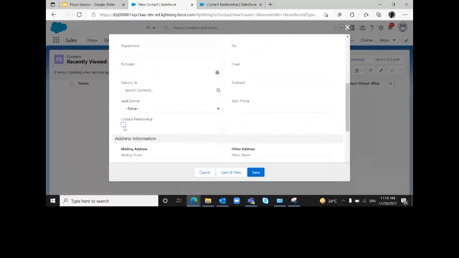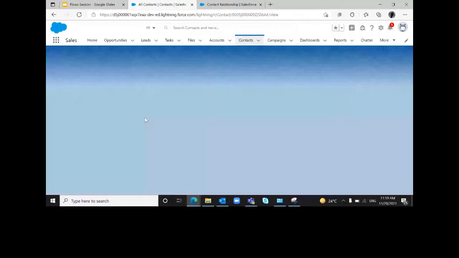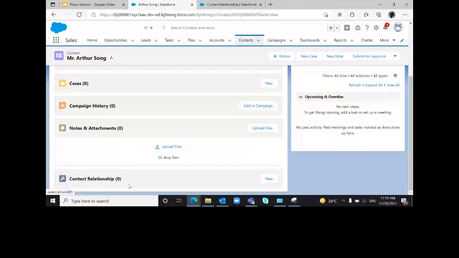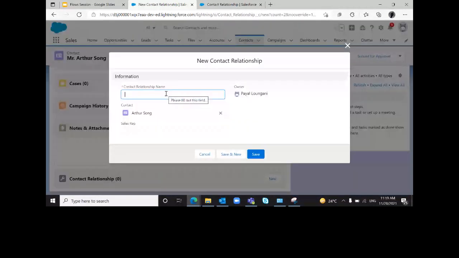Whenever this checkbox is checked on the contact object, what we have to do is, the contact relationship object should have a new record with the first name of the contact. As we have created some fields, the name should have the first name of the contact, and sales rep should have the name of the owner. So this is the scenario.